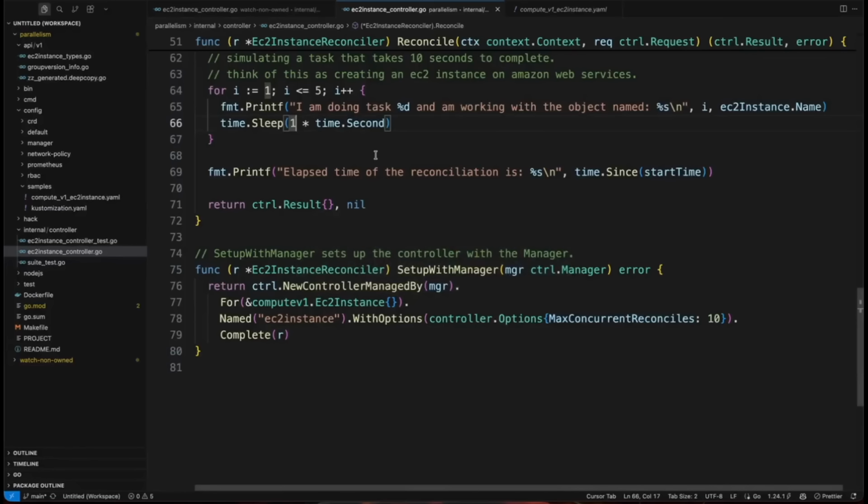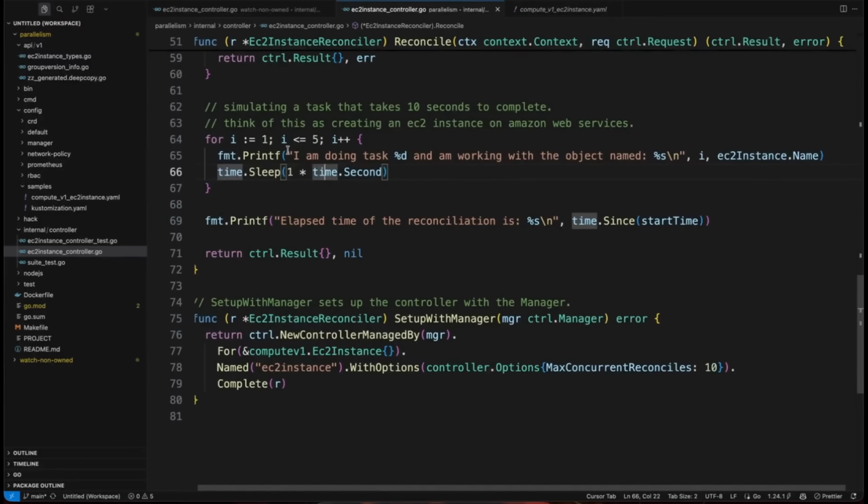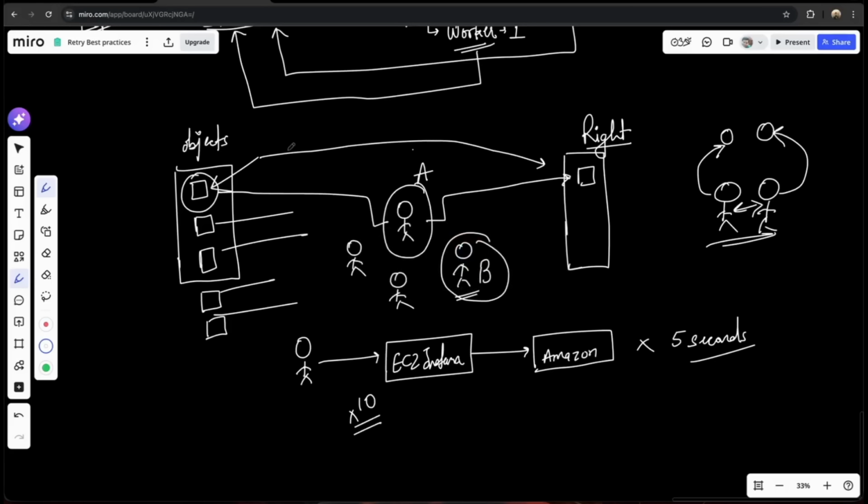If I wanted to reduce the time they take within each reconciler for each worker, I could say millisecond. This is me making my program more efficient, and they're now going to take 1 millisecond. But the point is, if you have a lot of objects that you're working with, and you do not want to wait for them to at least be picked up and get started, imagine this case, this is for humans,